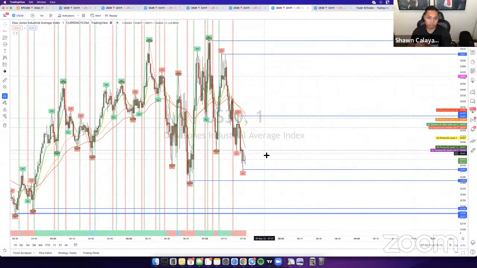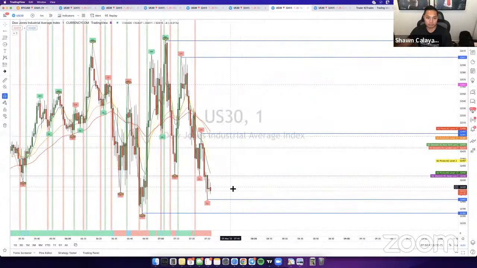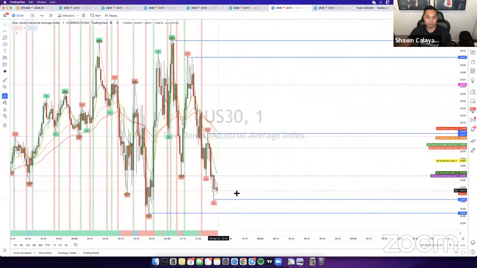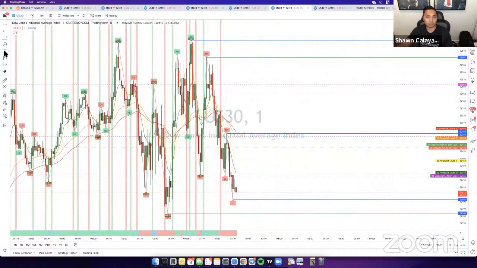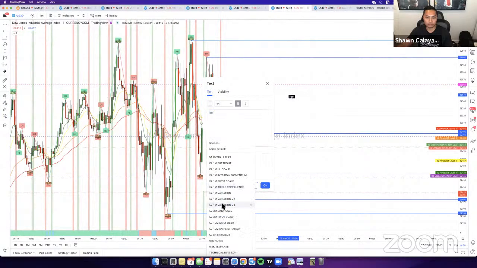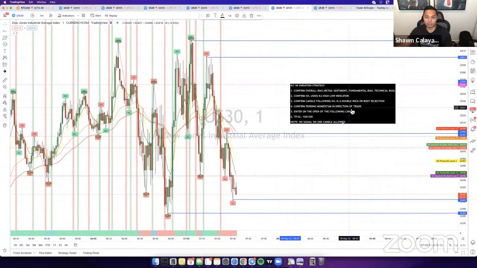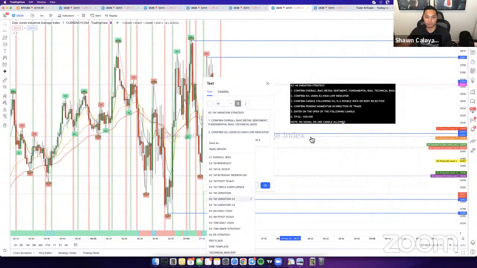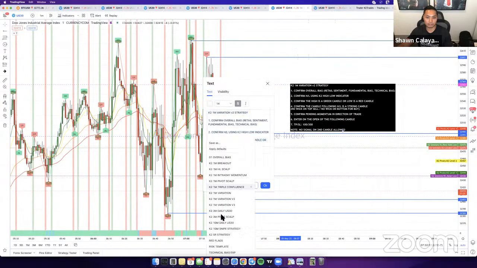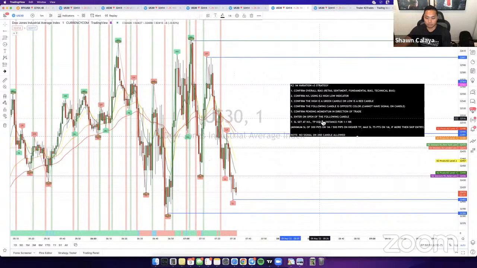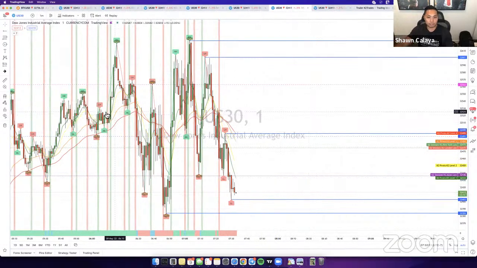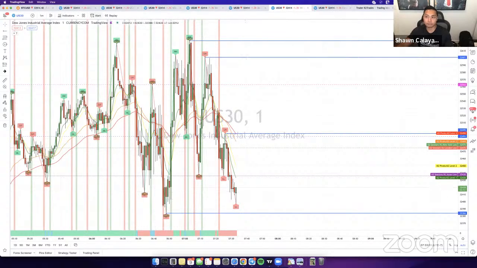So the reason I'm looking for a retracement is because we can't take any variations until we have a pending sell signal, right? If there's no sell signal that comes up here, then there's no buy signal, then there's nothing that we can take because it's not going to fit any of the requirements. If you look at the V1 here, we need a pending momentum in the direction of the trade. You want a V2, pending momentum in the direction of the trade. V3, same thing, right? So in order for us to have any entries, we do need a retracement. Price is overextended a bit here, so we need price to swing back up and then swing back down. That's basically what we're looking for.